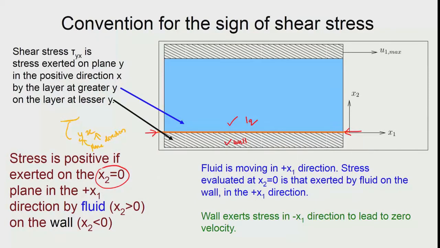The reason is that the top wall is moved along the x direction, and therefore, the liquid is flowing in this manner, and therefore, liquid is trying to move in the plus x direction. The stationary wall is trying to stop it. So, the wall is exerting a stress in this manner, the liquid is exerting in that manner, and therefore, the tau that you get at the value x2 equal to 0 would then be deemed as positive. That is what we have also got from the mathematical expression. Okay. So, we check this kind of convention even in other coordinate systems, and it is very useful to remember this convention to apply in other situations also.